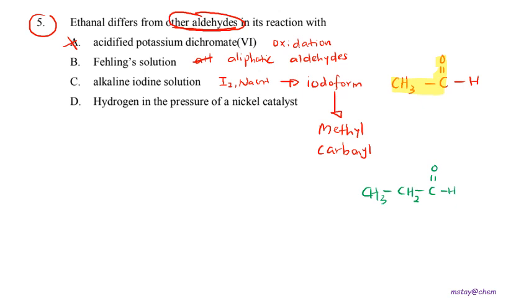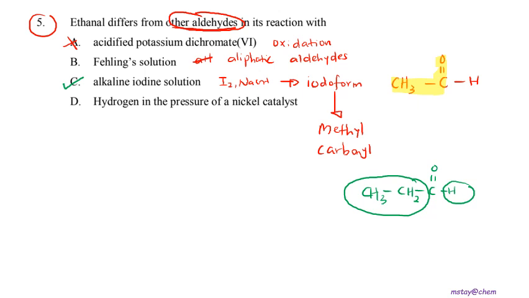methyl group. That means this one is always an alkyl group and this one is always the hydrogen, and the alkyl group will have more than one carbon. So for question number 5, C seems more suitable compared to B, because other aldehydes, no matter whether aliphatic or aromatic, will not give a positive result